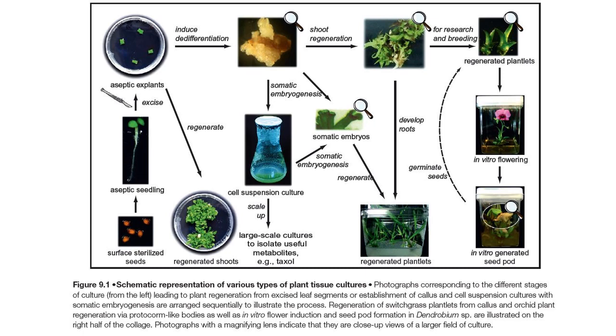Okay, another path is somatic embryogenesis by using callus culture. You may go for cell suspension culture, and you can scale that up for large scale cultures to isolate secondary metabolites or some chemicals. Then using that somatic embryo, you can regenerate the plantlets as well. Even those shoots which are regenerated from the callus can be inoculated directly into the medium to develop roots, and from that a new plantlet can be obtained.